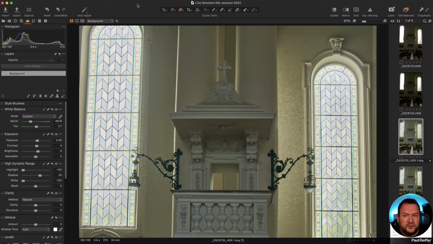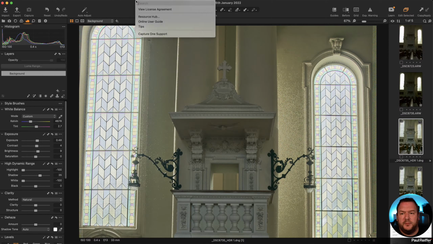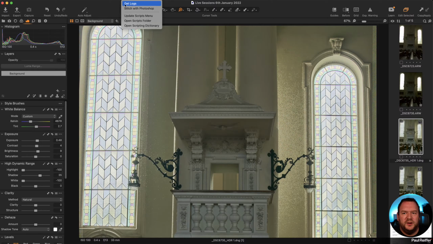If ever you're asked for logs, under your scripts menu, you can't see the top of my menu, but under scripts, there's an option there that says get logs. You get that. It's a compressed file. You can send that off to Capture One and they can see exactly what's going on in the background when things are being processed. But until I can see something clean, it's really difficult, knowing that the input isn't great, to work out what's going on with the output.